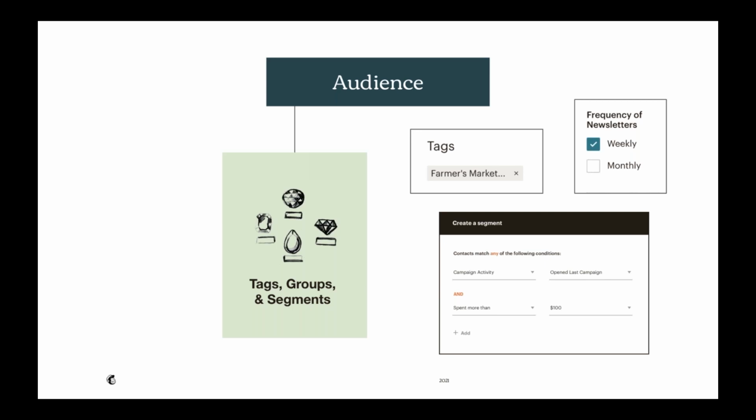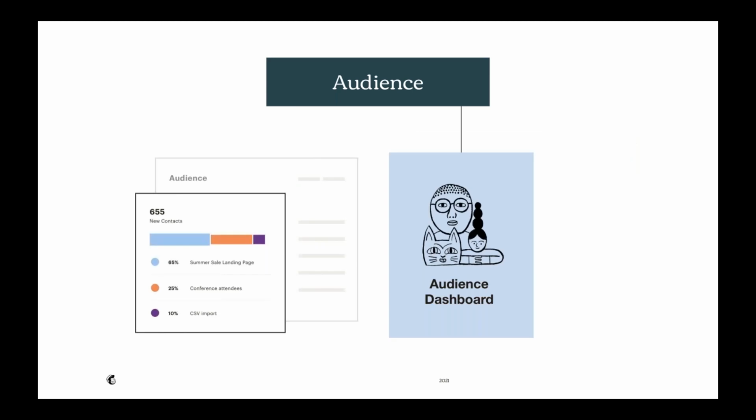When you create a segment, you'll set conditions to filter contacts based on the information that's available within your audience. So you can then use data from groups and tags, as well as other insights, as a filter for your segmentation. And then you have the audience dashboard. Your audience dashboard highlights valuable details about your contacts, but it isn't just about gaining insight. All of the information on the audience dashboard is clickable, so you can instantly launch campaigns for specific sets of contacts.